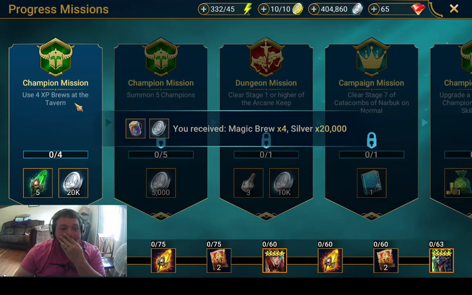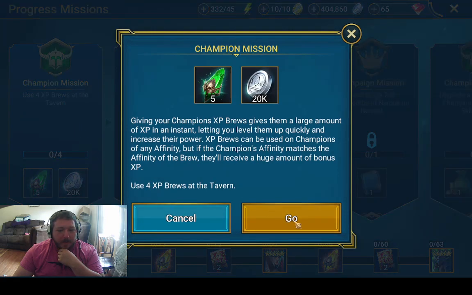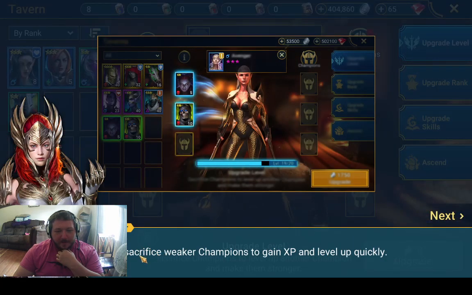Okay, perfect. So now it's telling us to go ahead and use 4 XP brews at the tavern. So again, we can click on this mission and then go to go. That'll save us from having to go out, and this is the tavern, the main place you'll upgrade and improve your champions, which is fantastic. You can sacrifice weaker champions to gain XP and level up quickly. So as we can see here in this little image, it shows leveling up a rare with other...